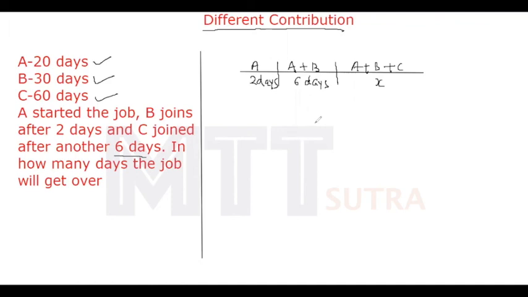This question let us discuss by using the fraction of work method. So if fraction of work method I am using, total amount of work is 1 part. So amount of work done by A in one day is 1 by 20. Amount of work done by B in one day is 1 by 30, and by C is 1 by 60. So directly let me write the equations. Total amount of work done by A in 2 days is amount of work in one day, that is 1 by 20 into 2 plus. Now A and B are working, so I can say 1 by 20 plus 1 by 30, and they are working for how many days?